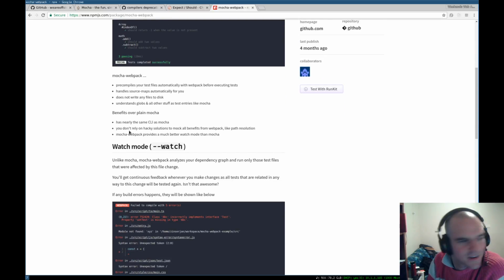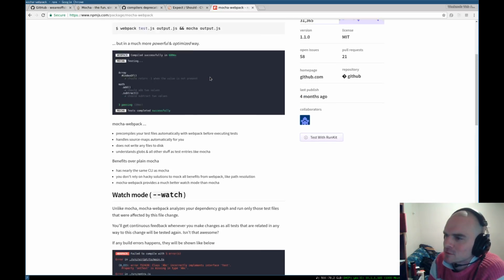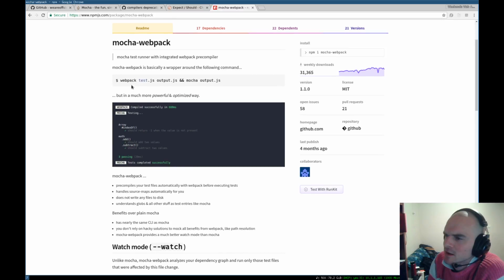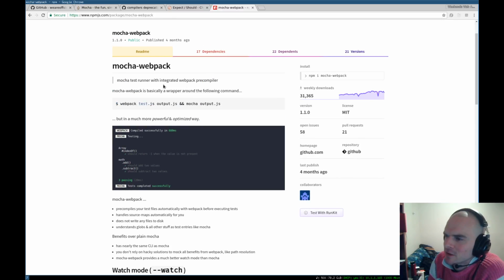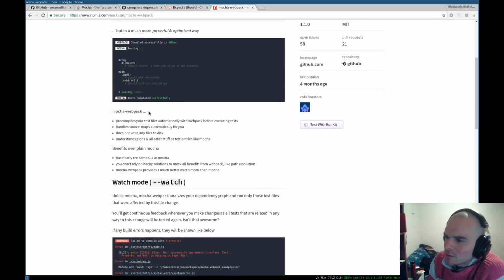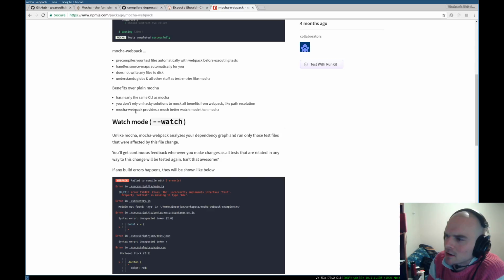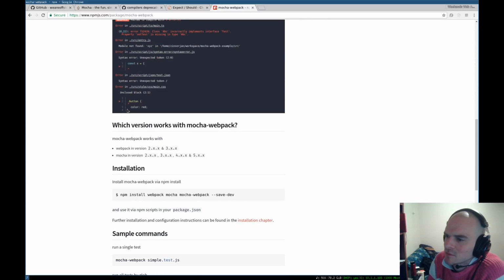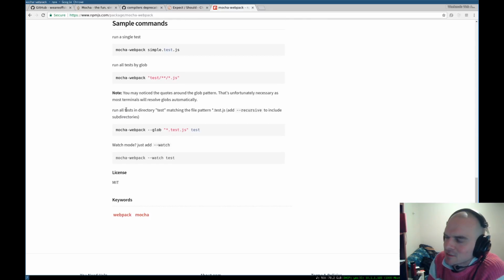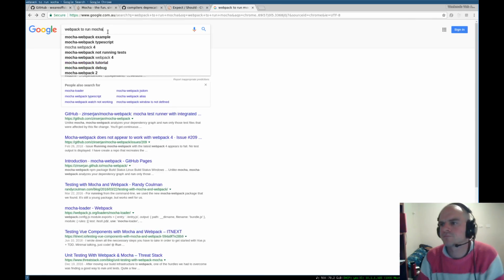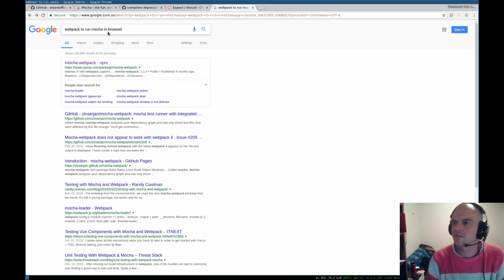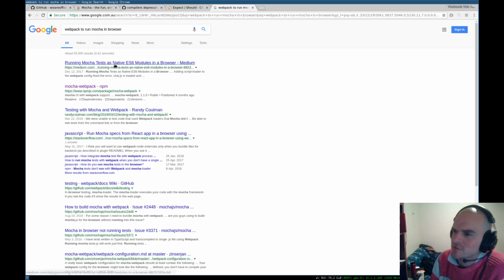So here we go into the wonderful world of JavaScript ecosystem stuff, where we're just trying to figure out whether we can actually do what we need to do. Even though this is a Mocha test runner with integrated Webpack precompiler, this is possibly not at all what we want, because it doesn't necessarily put things in the browser for us, and that's actually what we want. So let's back out of that one. See if Google can help us here.